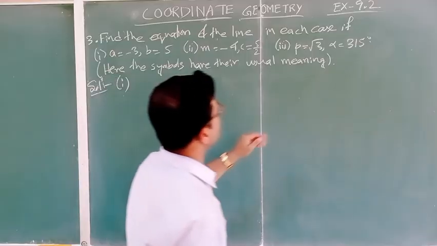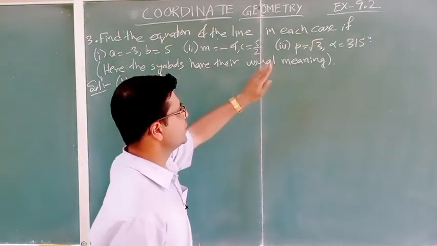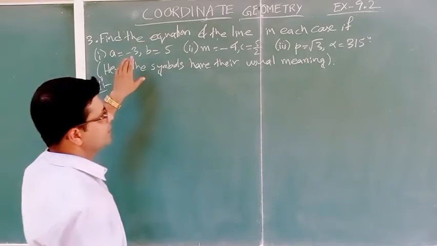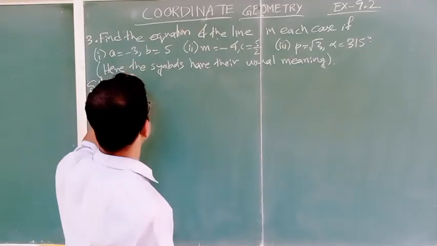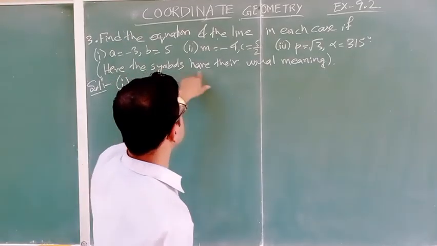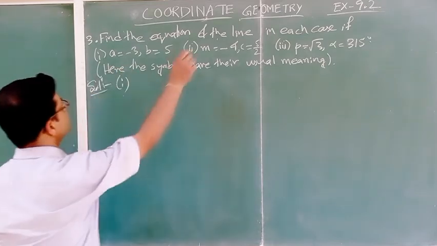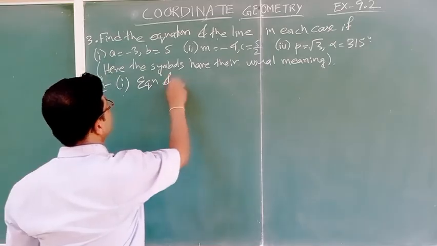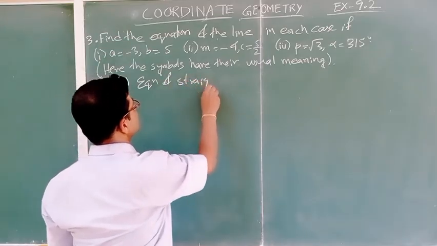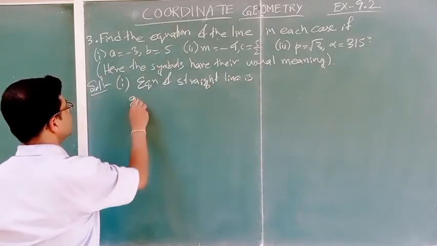Find the equation of the line in each case. There are 3 different equations we have to frame, and here it is just in the shortcut form they have written the question. That's why they have written, here the symbols have their usual meaning. We know the symbols, we are used to it now. Okay, first equation of straight line is given by